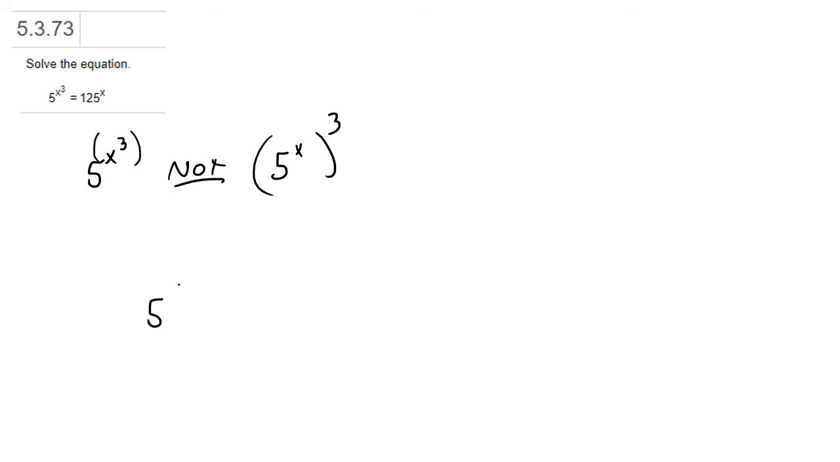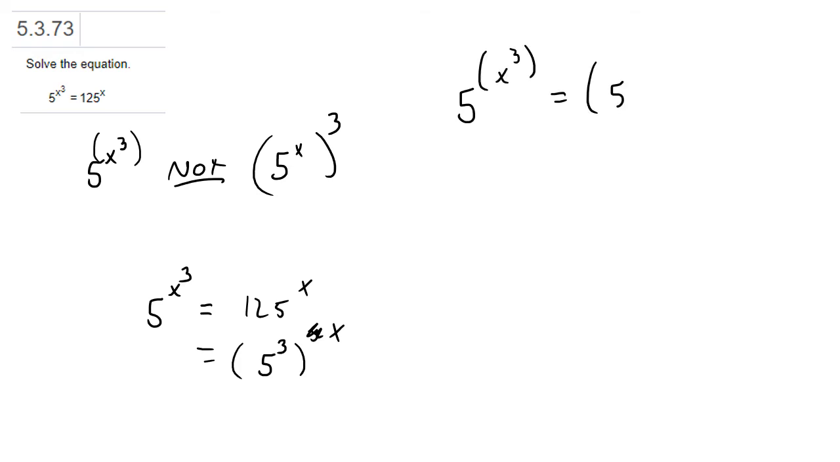Okay, so we have 5 to the x cubed equals 125 to the x. Now 125 is 5 cubed. So what we have is 5 to the x cubed is equal to 5 cubed to the x. And the reason these parentheses are so important is that on the right, this becomes the product of the two exponents. So I have 5 to the x cubed equals 5 to the 3x. Now I can use the fact that exponentials are 1 to 1 to claim that these two exponents must be the same. Okay? If I subtract the 3x to the other side,